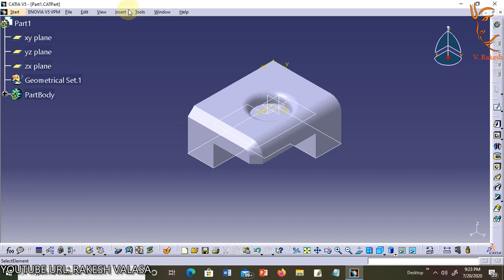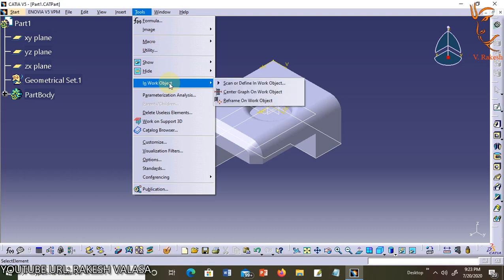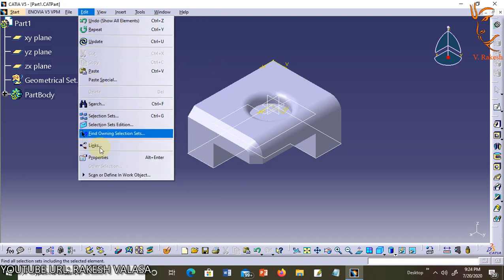Next option is In Work Object. This tool is a duplicate of the Scan or Define In Work Object found in the Edit pull down menu. See this.